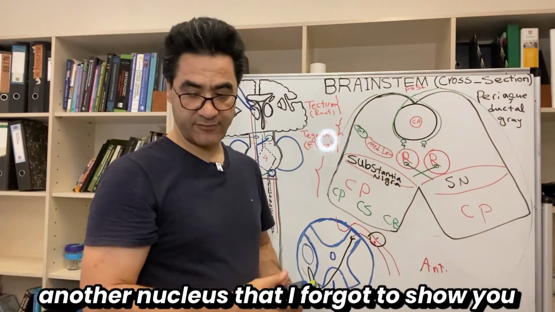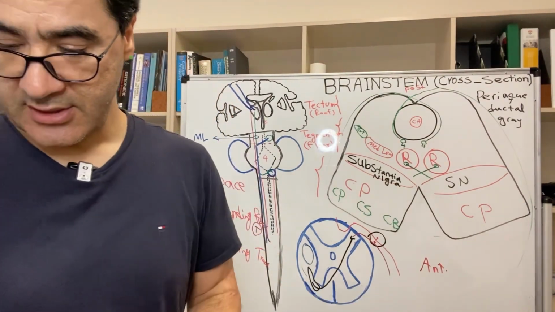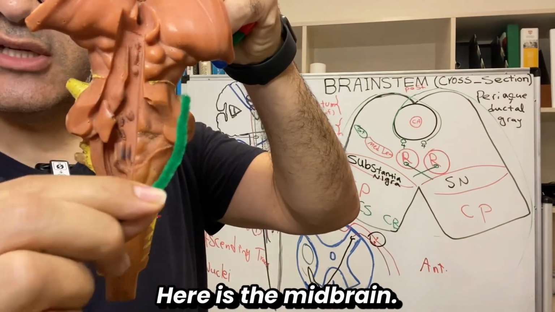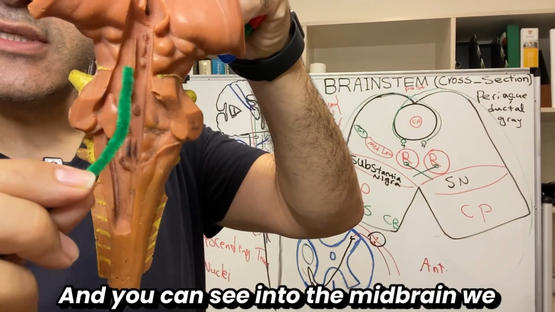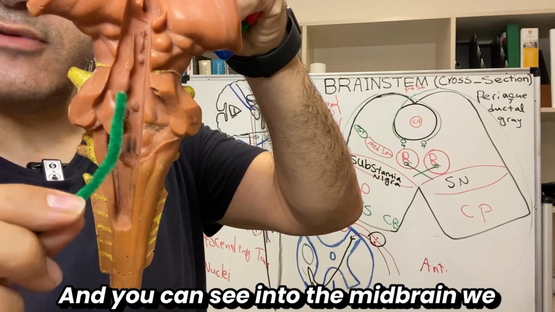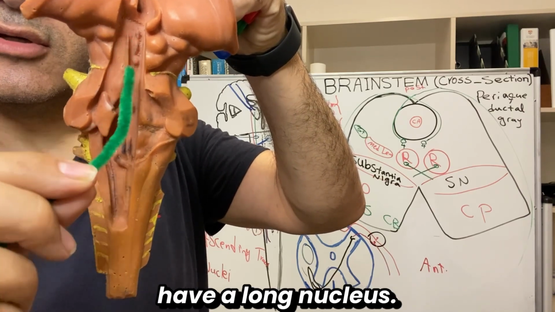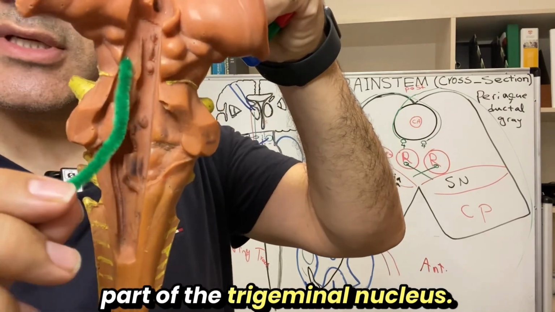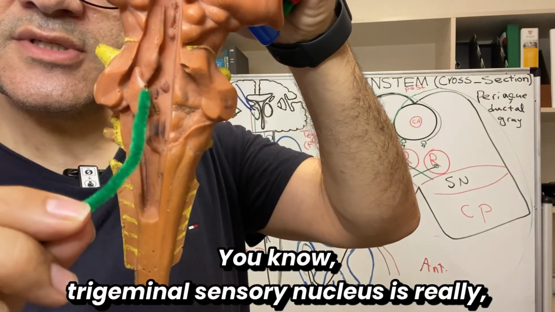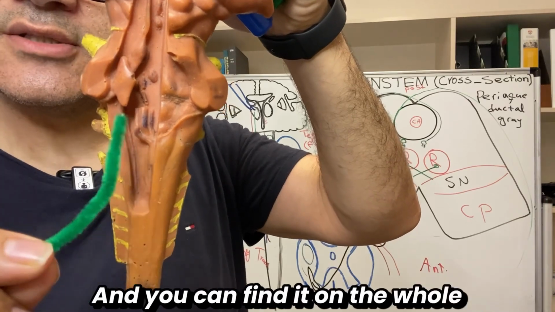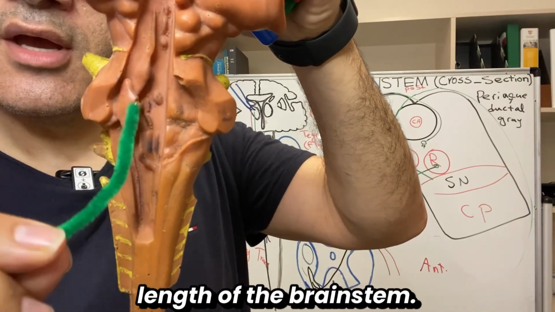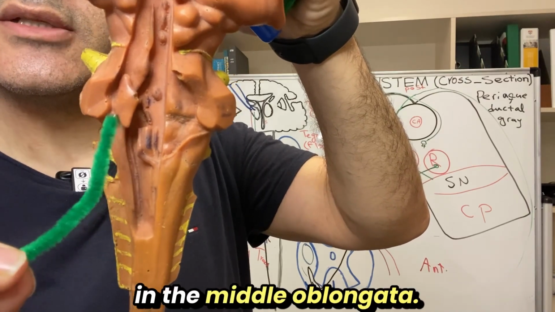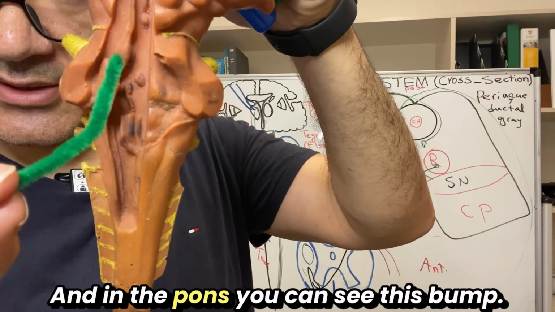Another nucleus that I forgot to show you on the model, I'm going to show you on the model. Again, this is the posterior view of the midbrain. Here is the midbrain, and you can see inside the midbrain we have a long nucleus. It's called the mesencephalic part of the trigeminal nucleus. You know, the trigeminal sensory nucleus is really, really long, and you can find it along the whole length of the brainstem. Down here we have the spinal trigeminal in the medulla oblongata,